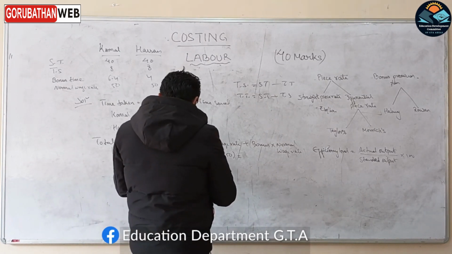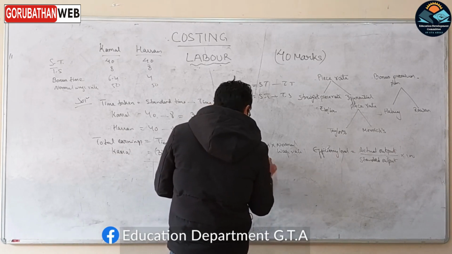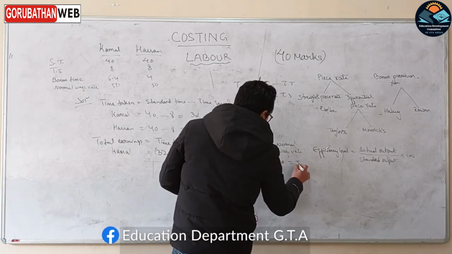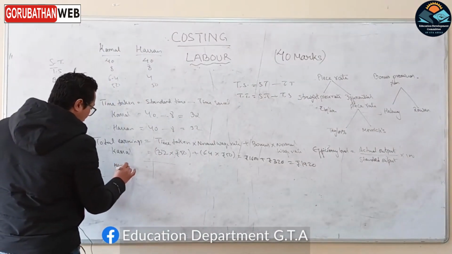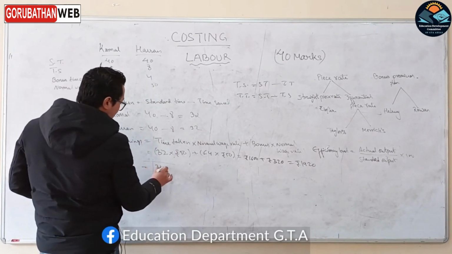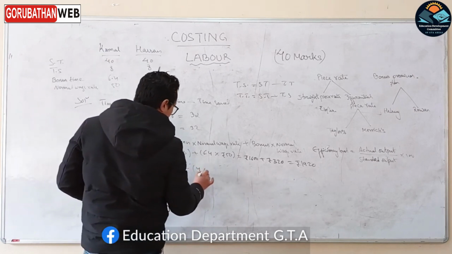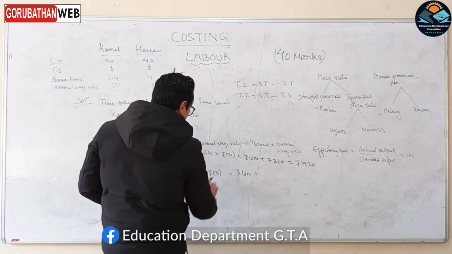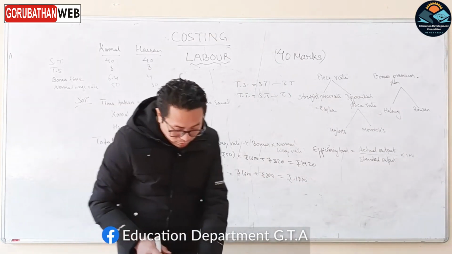अब यसको हामीले क्याल्कुलेट गर्दाखेरि 32 इन्टु 50 गर्दाखेरि 1600, प्लस बोनस 6.4 इन्टु 50 गर्दाखेरि ₹320 आयो। यसलाई एड गर्यो भने ₹1920, यो कमलको टोटल अर्निङ्स आयो। अब हसनको पनि निकाल्नु पर्यो भने हसनको पनि टाइम टेकन 32 नै हो इन्टु ₹50। अच्छा, बोनस हेऱ्यो भने बोनस 4 इन्टु ₹50, र 32 इन्टु 50 अघि क्याल्कुलेट गर्दा आएको 1600 प्लस 4 इन्टु 50 गर्दाखेरि ₹200, र यो भयो ₹1800 हाम्रो टोटल अर्निङ्स।